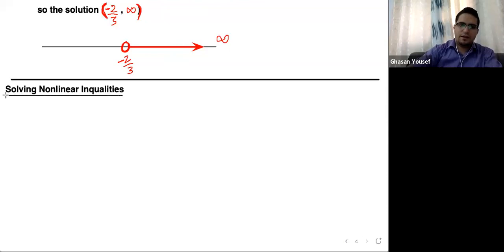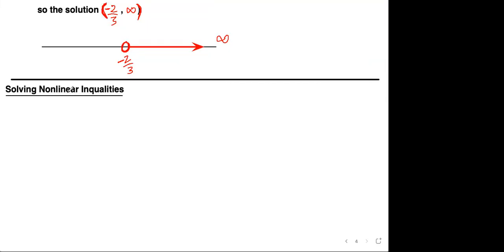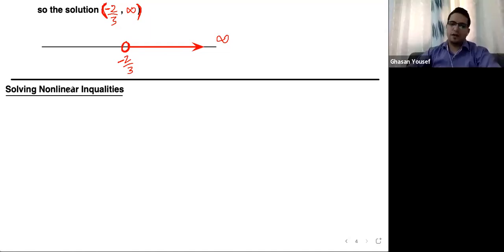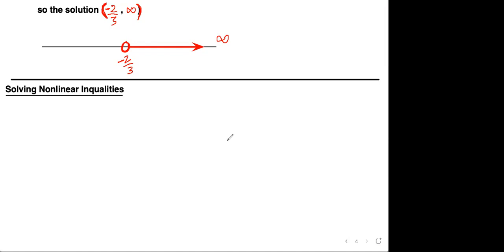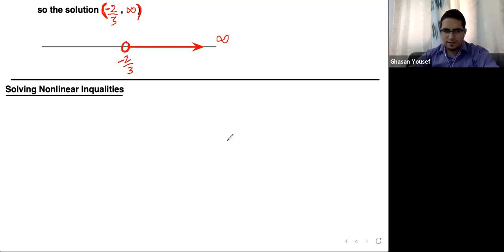What does nonlinear mean here? Any degree higher than 1? Exactly. Like before, the highest degree is greater than 1. For example 2 or 3, like quadratic, x squared, or stuff like this. So here I can say the highest